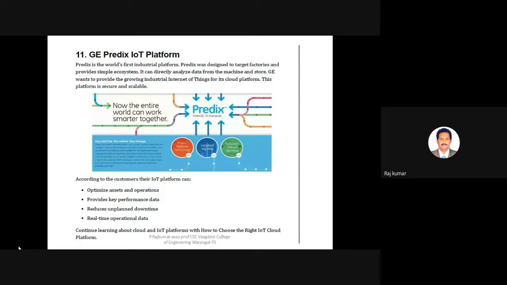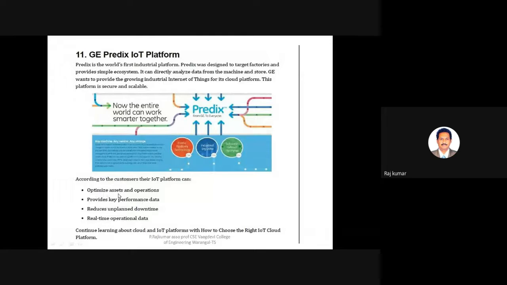General Electric also has forayed into this IoT platform. We call this the GE Predix IoT platform. So here, according to customers, their IoT platform can optimize assets and operations. Assets means, for example, General Electric always focuses on hydroelectric projects, electricity projects like that.